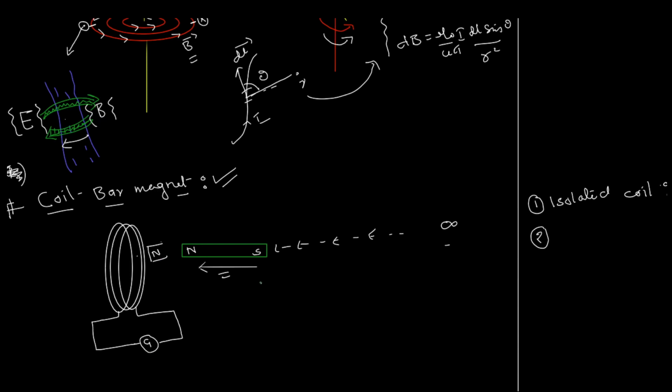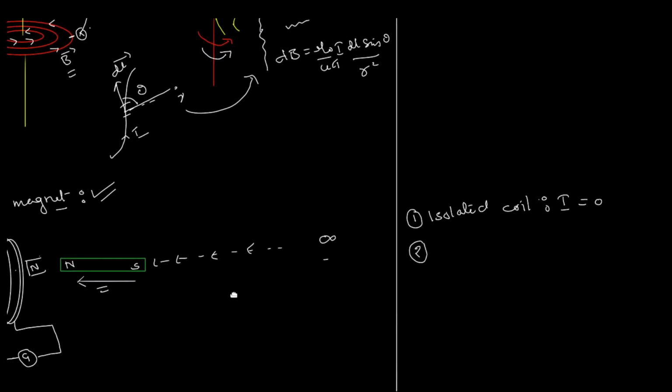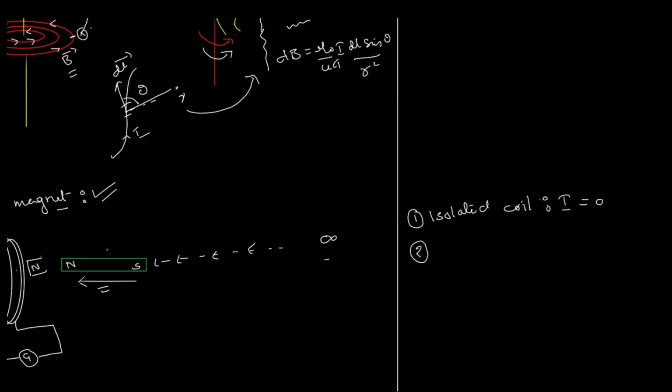And the galvanometer stopped showing deflection, which should mean there is no current there, right? That makes one think it's not only magnetic, because obviously when the bar magnet is here, the magnetic field is definitely going to be weaker than when the bar magnet is here. The closer it is, the stronger the magnetic field. We have seen that in the previous chapter, where the magnetic field is inversely proportional to the square of the distance. So obviously the magnetic field over here is less than the magnetic field over here, right?